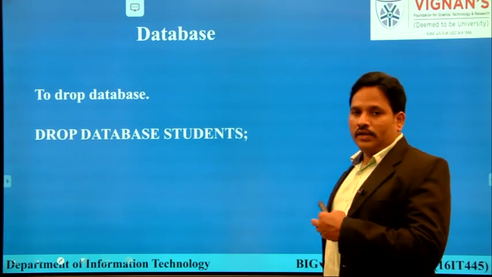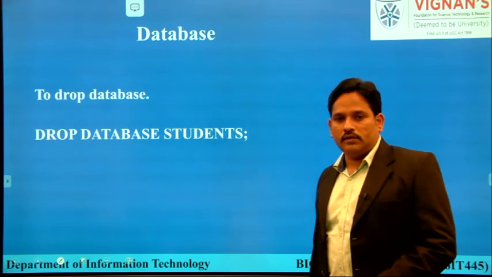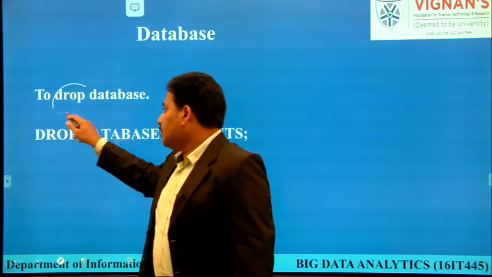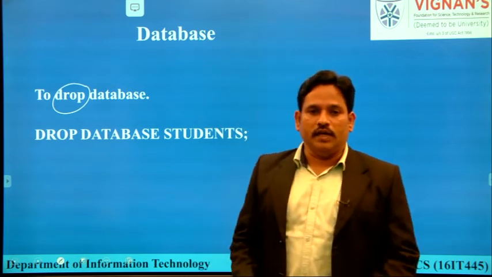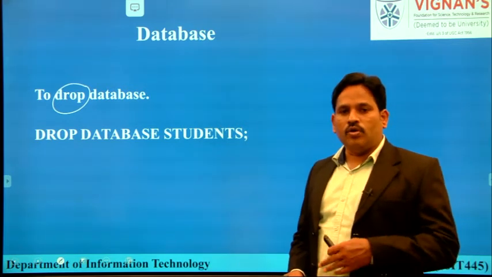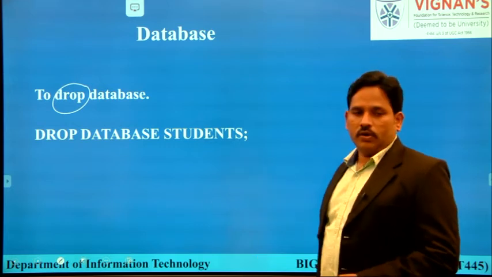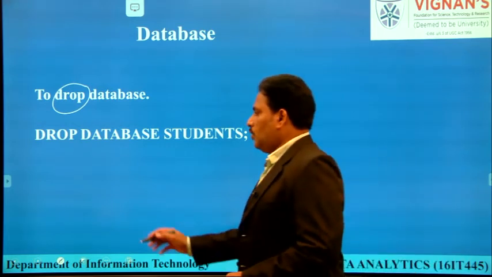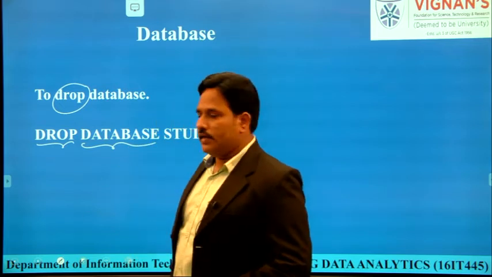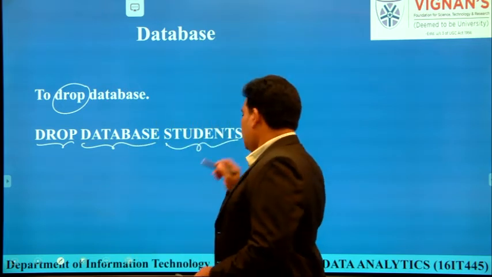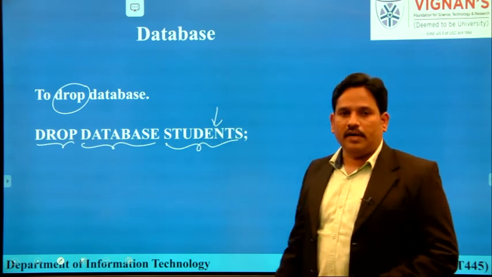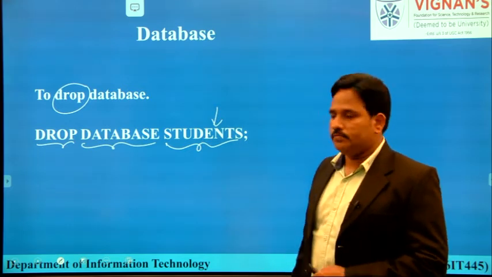And if you want to delete or remove that database, we can apply the drop operation. If there is no use for the database and we want to remove it, we can use this keyword. The keywords are drop, the keyword database, and whatever database we want to remove, we have to mention here. Drop database students.